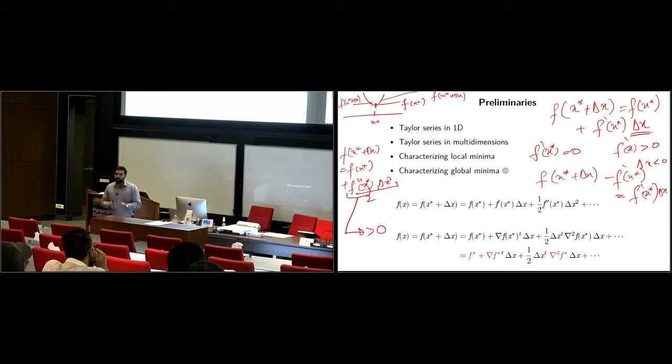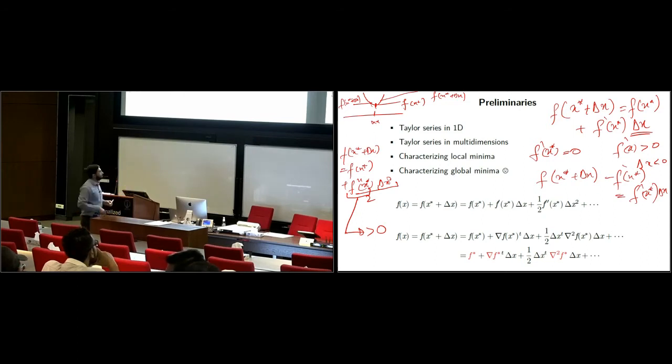So if sometime you're lost and you don't know what exactly a minima or a maxima is, just write a Taylor series expansion, the first two terms, and you can actually see all of this quite clearly. It's quite helpful to see that this is not some random thing that we have come up with. There is a reason why we say that if the derivative is equal to 0 and the second derivative is positive, then it's a minima. If it's negative and the derivative is equal to 0, then it's a maxima, and so on.